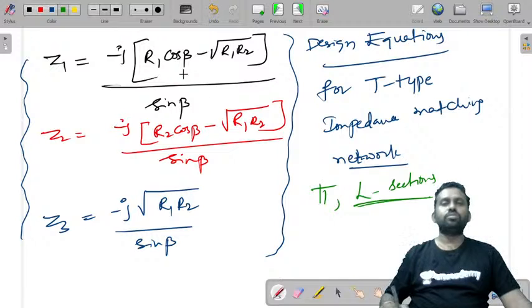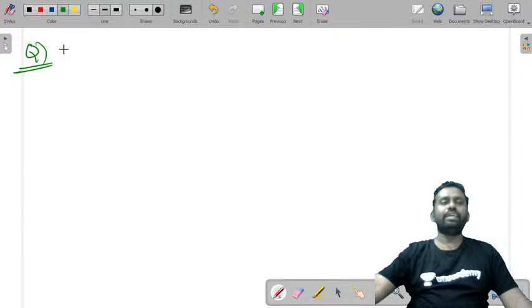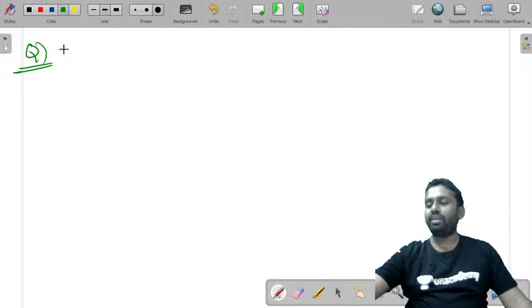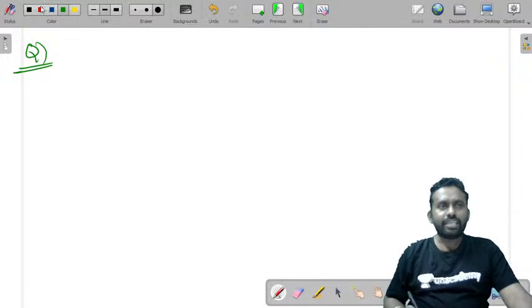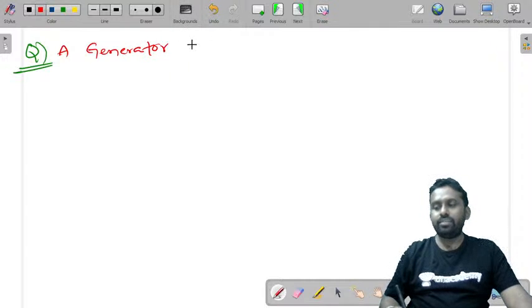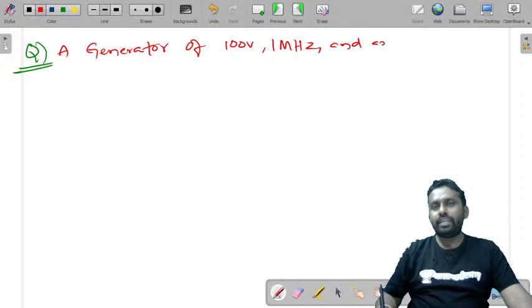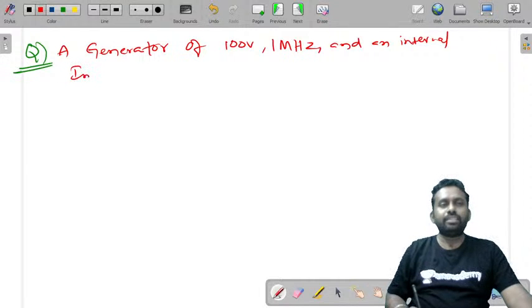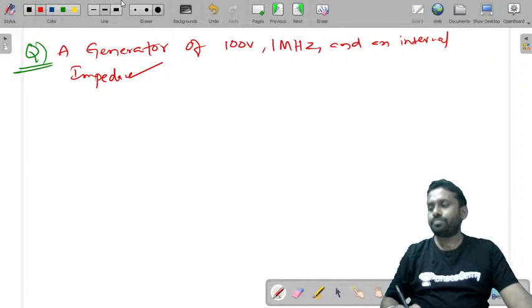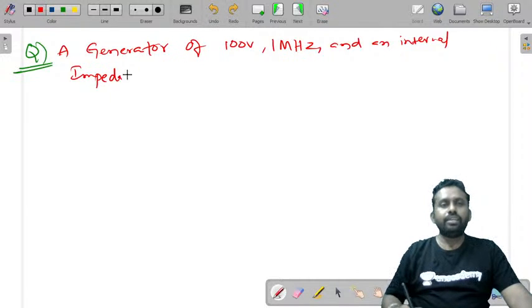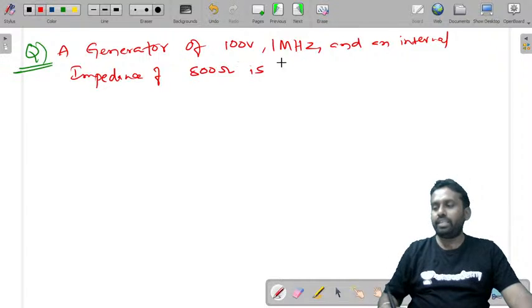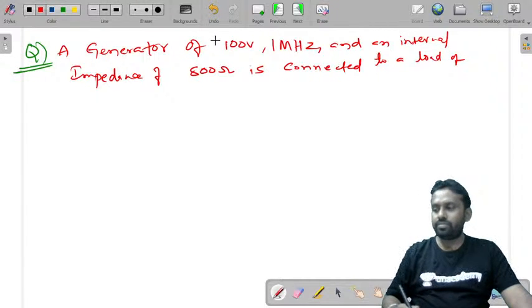Now let us try to solve one problem based on this. So this being a crash course, we cannot solve all the questions, so I'm just considering one question. A generator of 100 volts, 1 megahertz, and an internal impedance of 800 ohms is connected to a load of 300 ohms. Design a T network